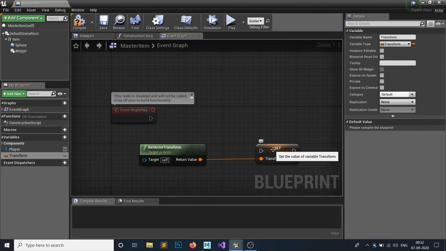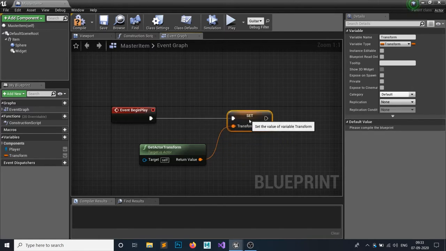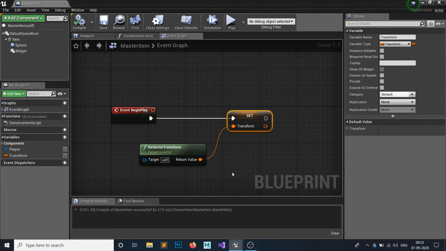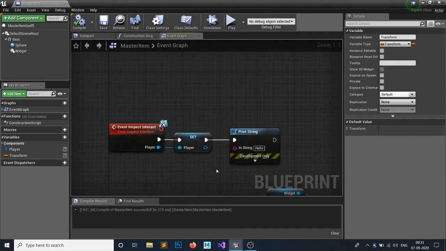What is the transform? Transform is the combination of your actor's location, your actor's rotation, and your actor's scale. These three combine and make your actor's transform. So just connect this event begin play with this transform, compile and save, and let's go to the interact.